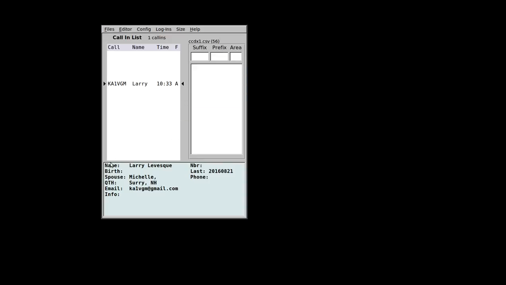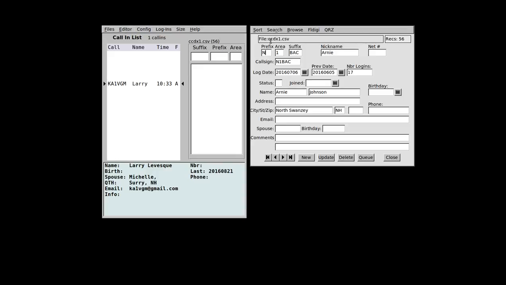But you'll also notice that that database here, ccdx1.csv, has some information about me in it. My name, my wife's name, my QTH, my email, last check-in, number, that's if I had a net number, if it was assigned one, my phone number, if it was in there, and then some more information fields. You can take a look at that information by hitting the editor button, which is also the F12 hotkey. So I'm going to click editor up top from the menu bar,